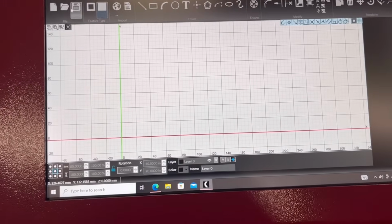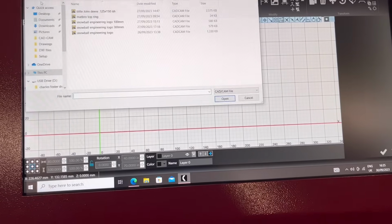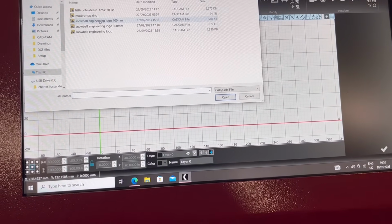So I haven't actually got any real jobs that I can do with it today, but I'm just going to cut out a few little bits so you can see the engraver working. I might do a bit of flame cutting as well so you can see that working. So I'll do that. So I have a few saved jobs that I've just been fiddling about with before, so I'll do a little